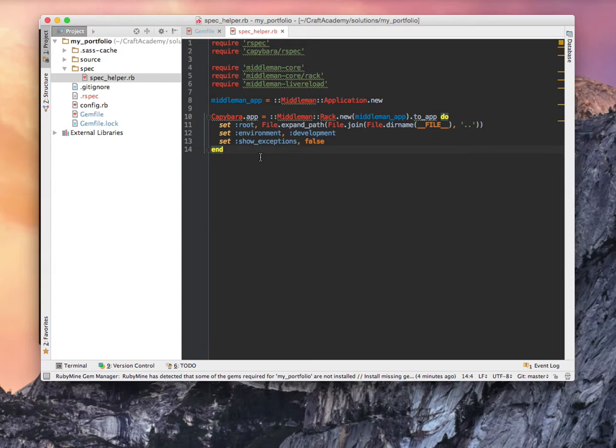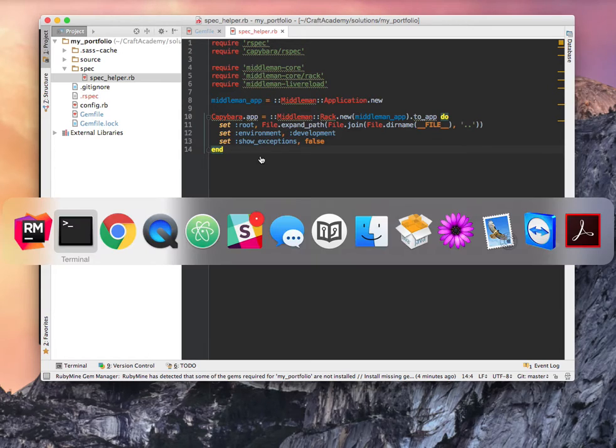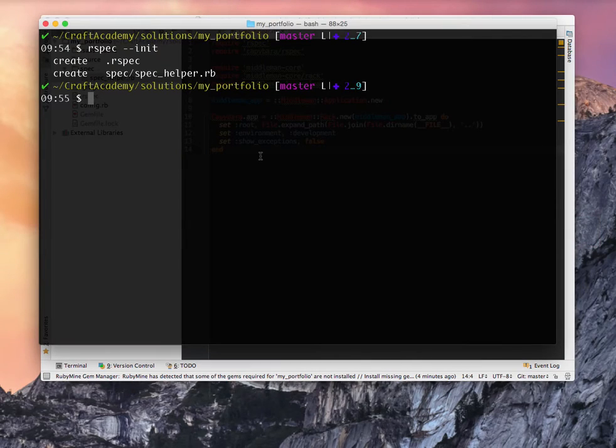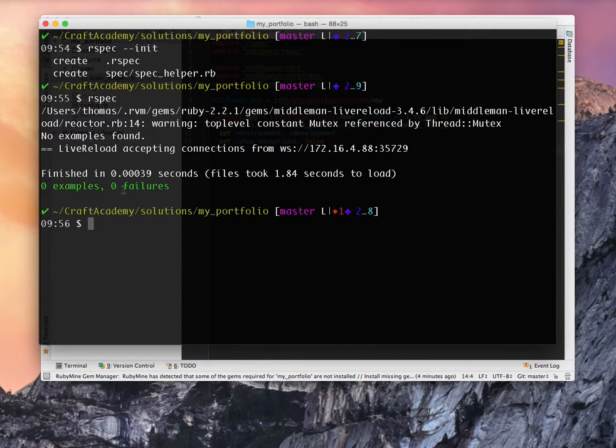So let's save this for now, and let's see if we are up and running. Just a sanity check, and you're just going to run RSpec. We don't have any specs written yet, so this should return 0 scenarios, so 0 specs. And it does. No examples found, 0 examples, 0 failures. So that's pretty cool, I think. Okay, so